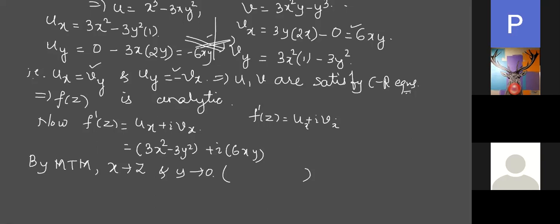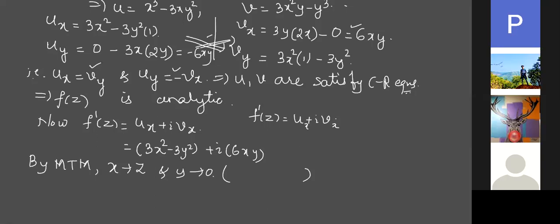Why do we have to apply this? Why can't we simply go ahead? To get the equation in terms of z. Now my f dash of z is in terms of x and y, which won't look nice, and I cannot decide whether it is correct or not, because my f of z is given as z cube, which is a function of z. So I cannot say that it is correct or not. So better I want it in terms of z, then the verification is easy. That is why we have to apply this Milne-Thomson method.